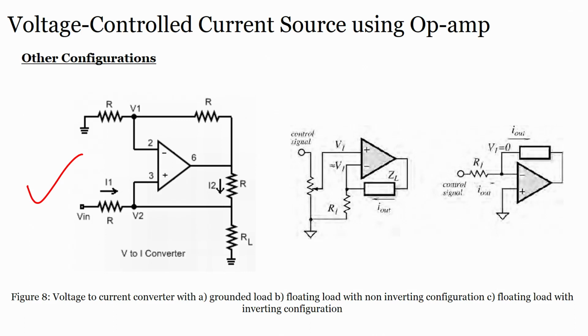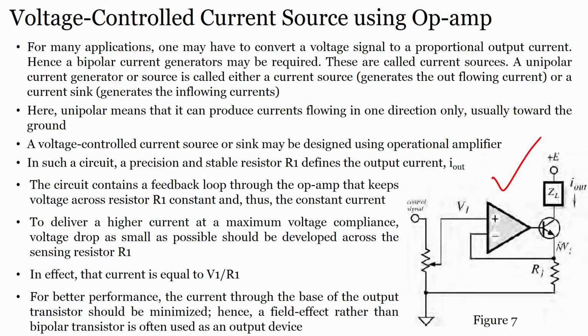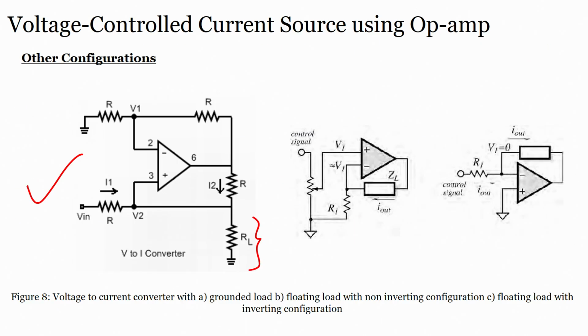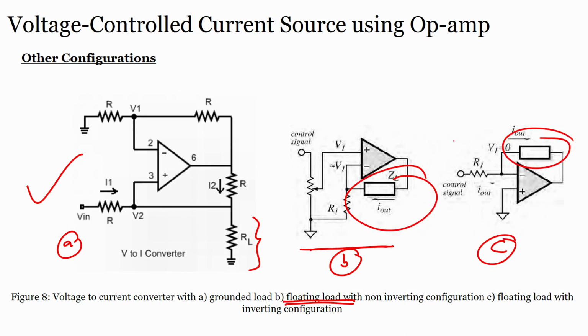And if I want to use the op amp, these are all grounded loads, you see the loads are grounded, right. Load is grounded here, load was grounded earlier, but if I see this particular circuit, which I call B, this I am calling A, and this I am calling C, alright. So, if I use B and C, I see there is a floating load, you see the load is floating, here also the load is floating, it is not grounded. In this situation, whether I am using an inverting or non-inverting amplifier, that is another case.